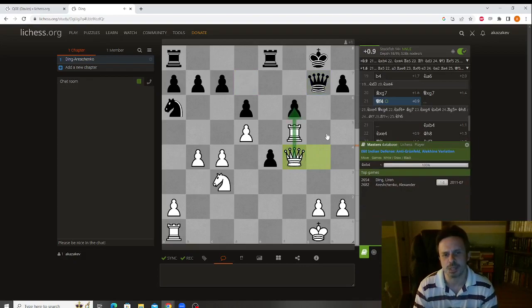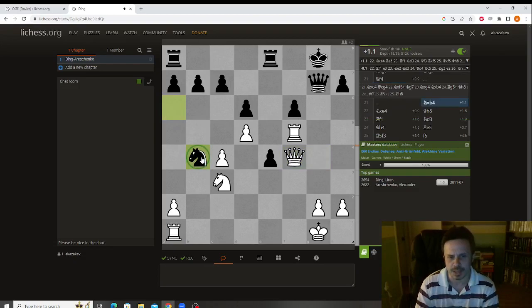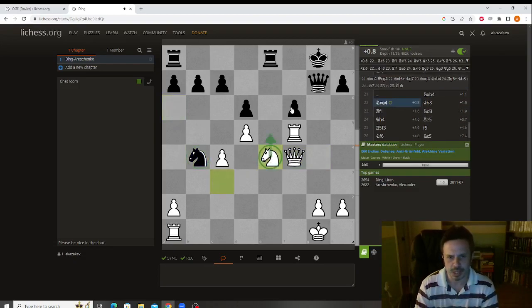He double attacks this pawn. He's still double attacking this. Black rook is still not playing. Black knight is too far from the action. For the time being, black does grab this pawn. Ding takes here, attacking